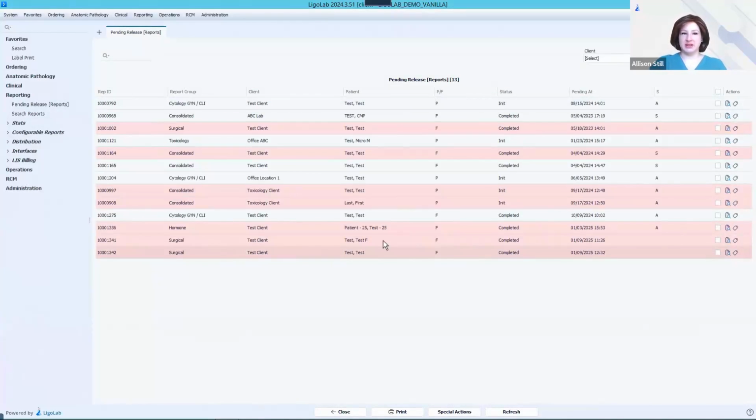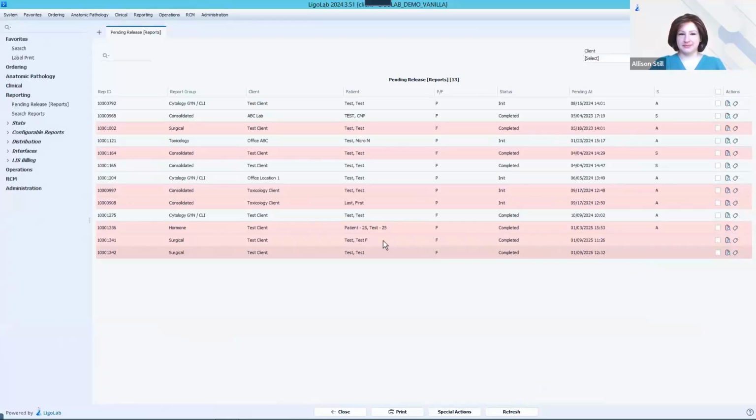The reports will be held here for a holding period of time, which each lab controls in their global settings. For AP labs, a common holding time might be 30 to 60 minutes. This is kind of a fail-safe. If the pathologist signs out a case and then immediately remembers they forgot something, because the case is in this holding period, they can return it to processing and make changes, but no revision is needed because it